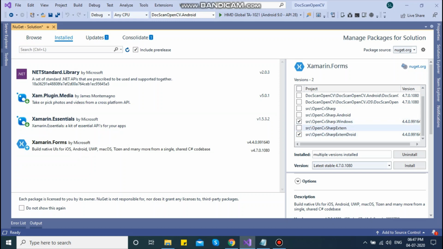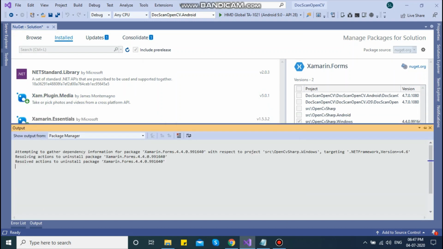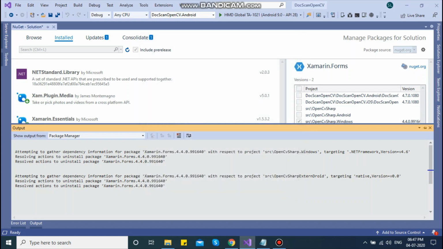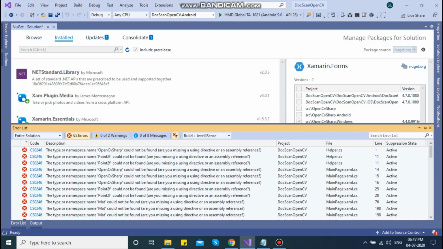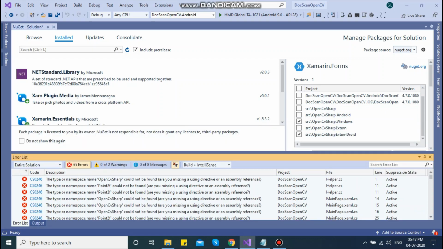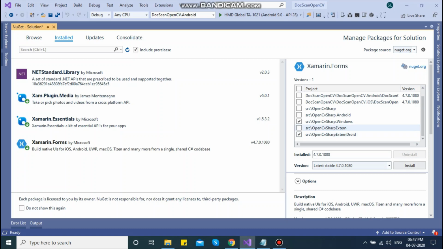So from Windows and from Droid you will uninstall the Xamarin Forms NuGet package. So you will click uninstall. Now just ignore these errors. Next step is you need to select OpenCV.